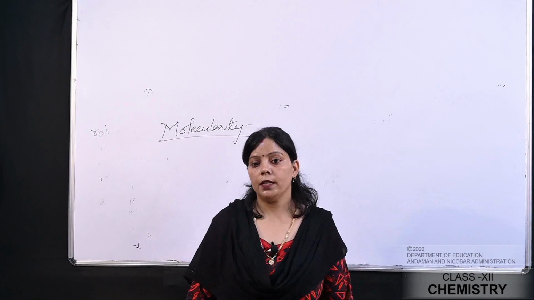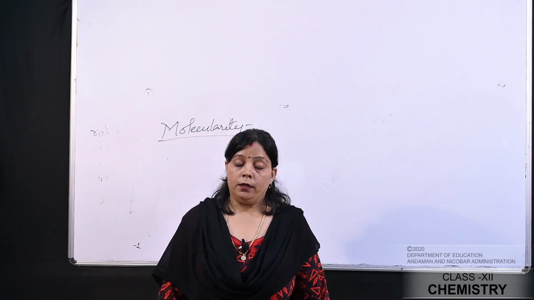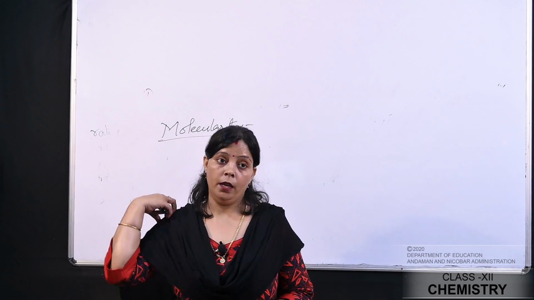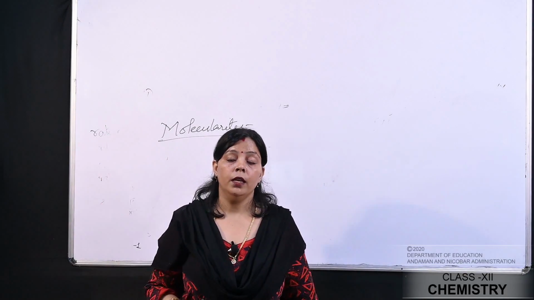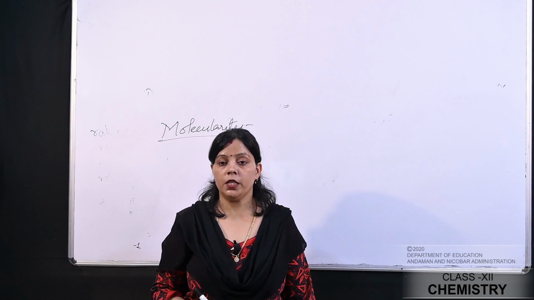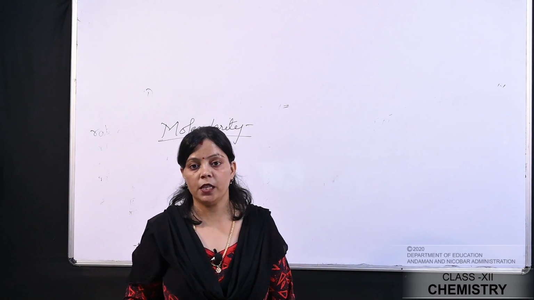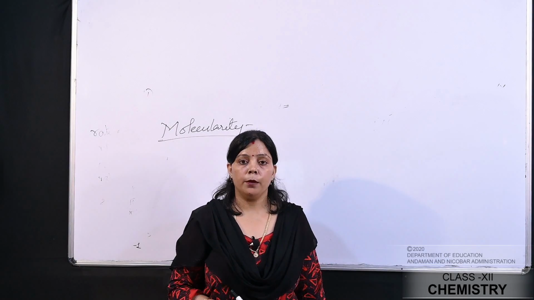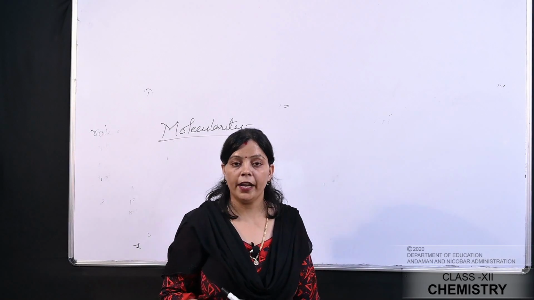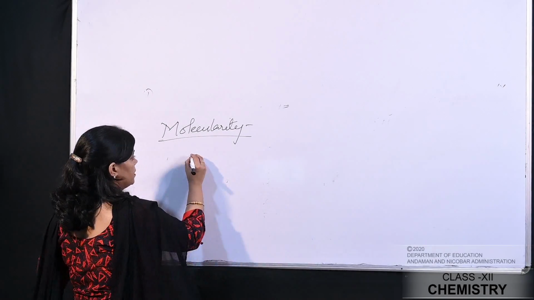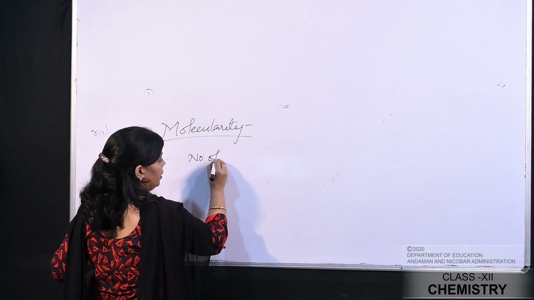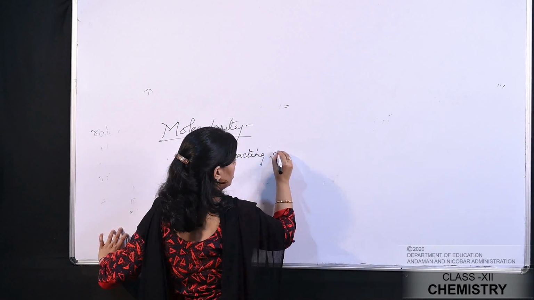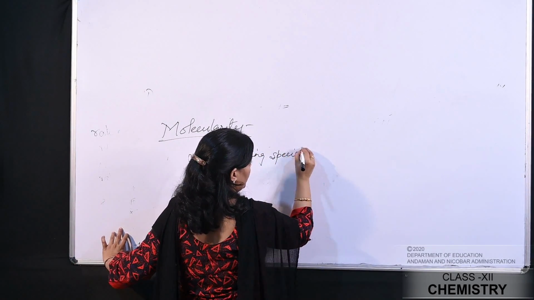After that the next topic is molecularity. The molecularity is another important property of a chemical reaction. According to collision theory, the chemical reaction proceeds due to effective collisions between the reactant species. So we can define the molecularity of a reaction. The molecularity of a reaction is defined as the number of reacting species